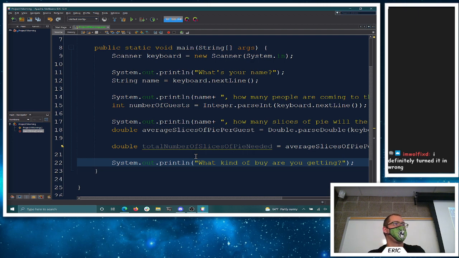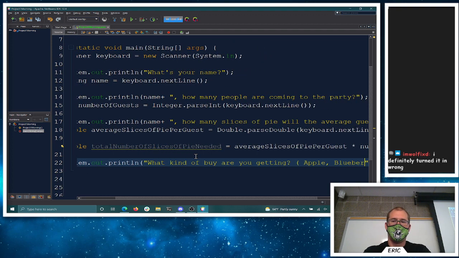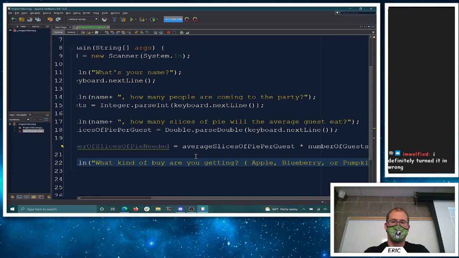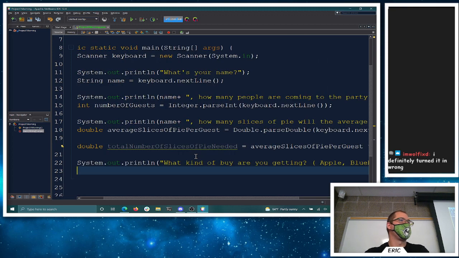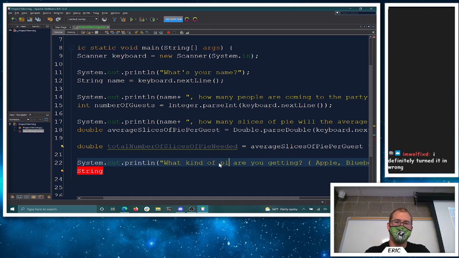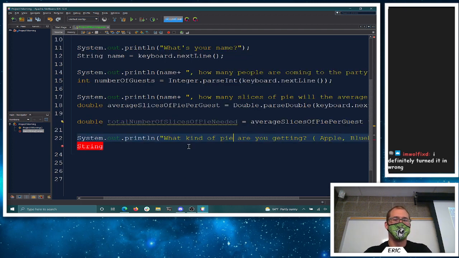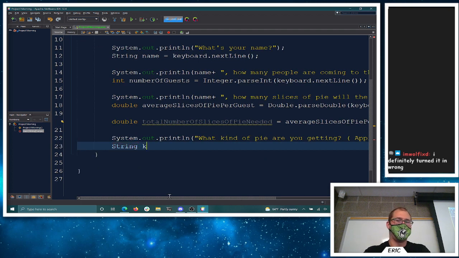We did apple, blueberry, and pumpkin, yes. Just give them some sort of prompt, like it's probably one of these. Then we store the result. You misspelled pie. Okay, thank you. So this is, I don't know, kind of pie.